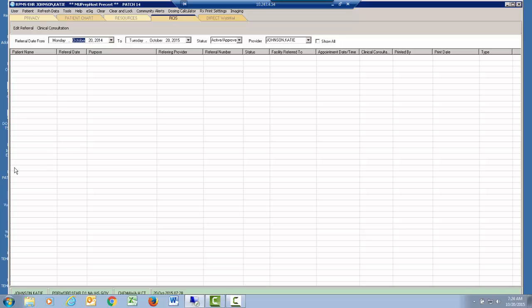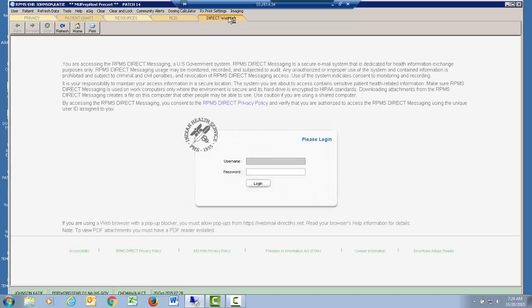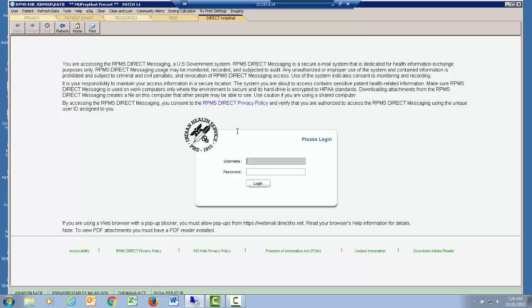Here we have a link to webmail or direct. In this case, it's a link to direct messaging, which is the secure messaging within IHS. So any number of things, but I just wanted to point out that there are different tabs along the top, along with our different menus up here, and we will hit the ones again that you may use more than